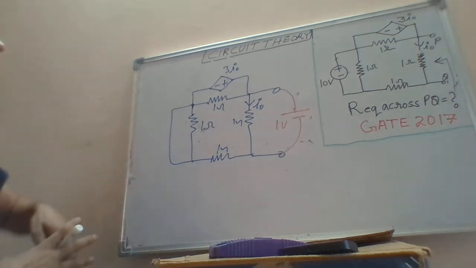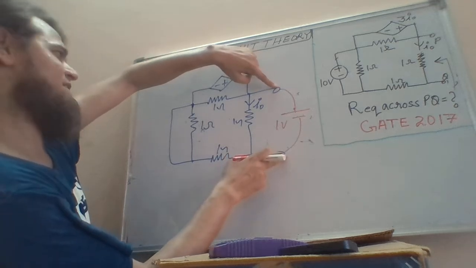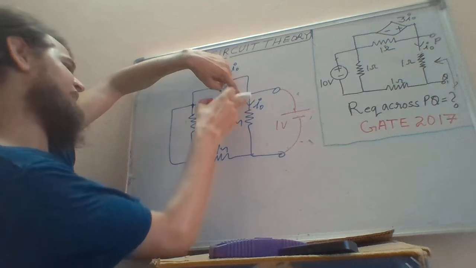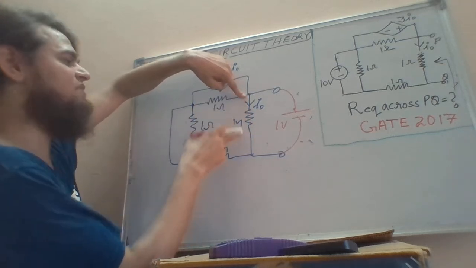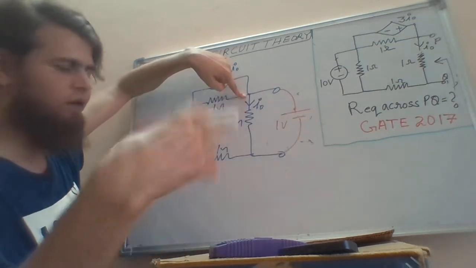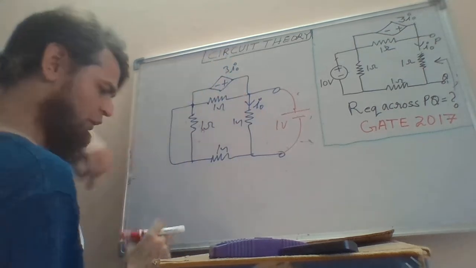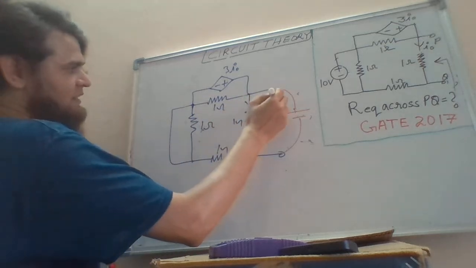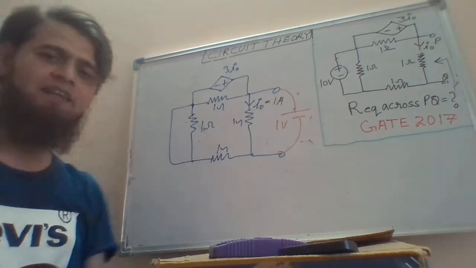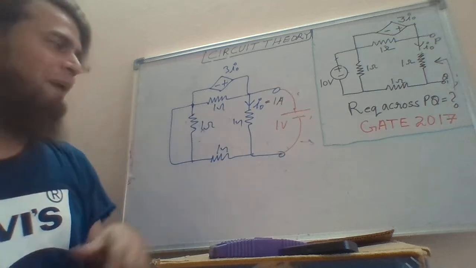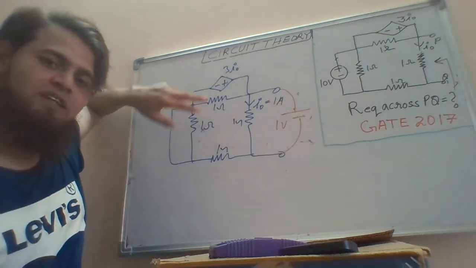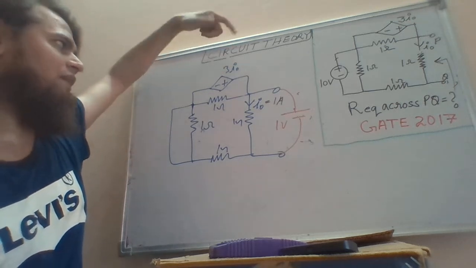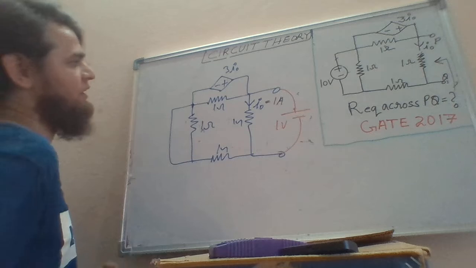Fine. So this is 1 volt, and what will be the current through this resistance? It will be V upon R, that is 1 upon 1. So I naught is going to be 1 ampere. Fine. So once I naught is fixed, this dependent battery depends on this I naught, so it will also get fixed. So this will become 3 times 1, that is 3 volt, since it's a battery.